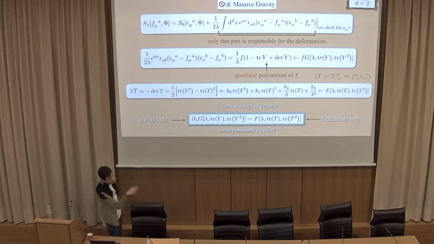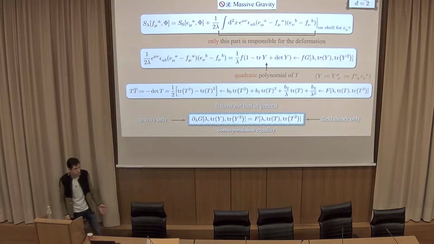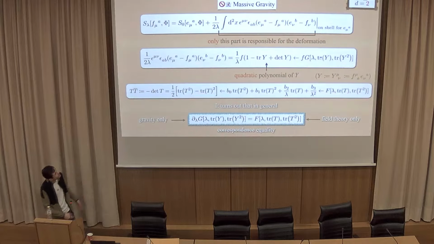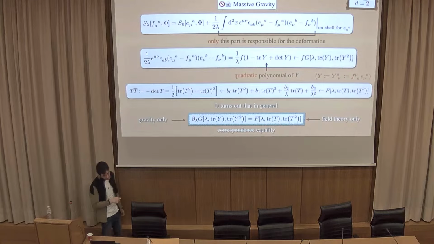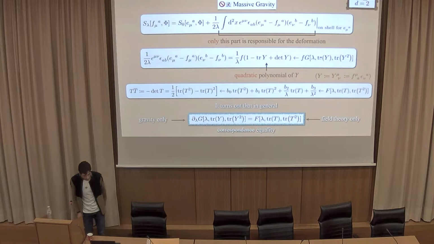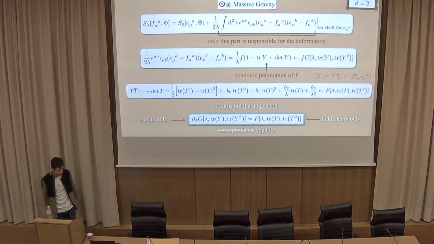So there are 2 gravitons. However, at the end of the day, I'm doing quantum field theory here. I don't have multiple backgrounds flying all over the place. However, the prescription tells you just take your S0, you couple it like this, and then you try to integrate out your e if you can. That's not a given statement. And then your field theory would be the deformed theory, on your background f. This is pretty much it. This is how you get to the deformed theory at the end of the day.